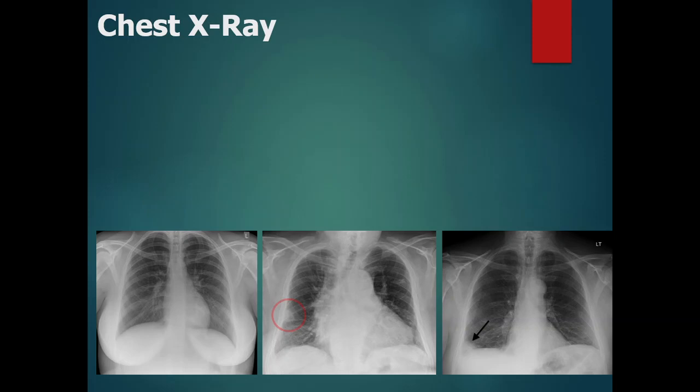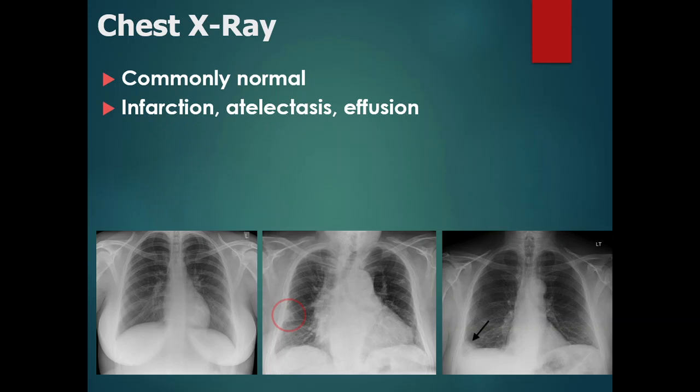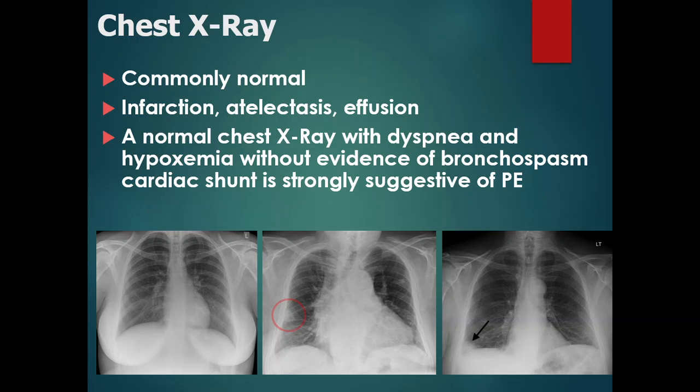What about the chest X-ray? Chest X-ray should be routinely done for patients with these symptoms and signs, and the chest X-ray is usually done to rule out other pathology, but the chest X-ray is commonly normal in patients with pulmonary embolism. Sometimes you will find indications of infarction, atelectasis, small pleural effusion, but the biggest one is a normal chest X-ray